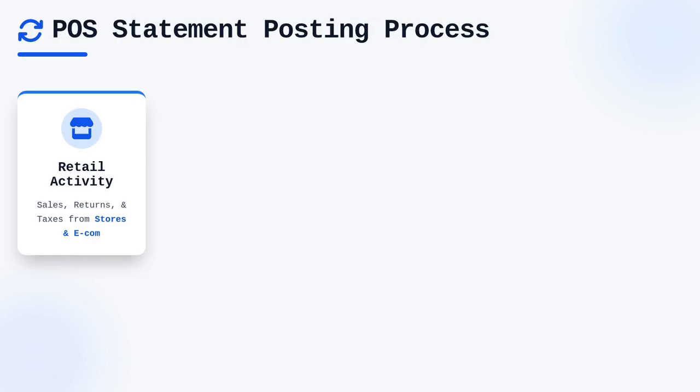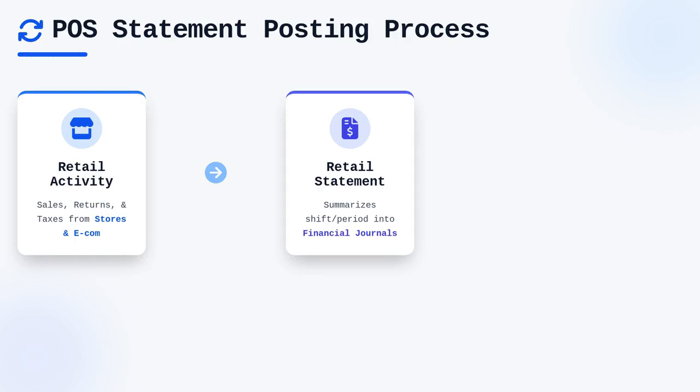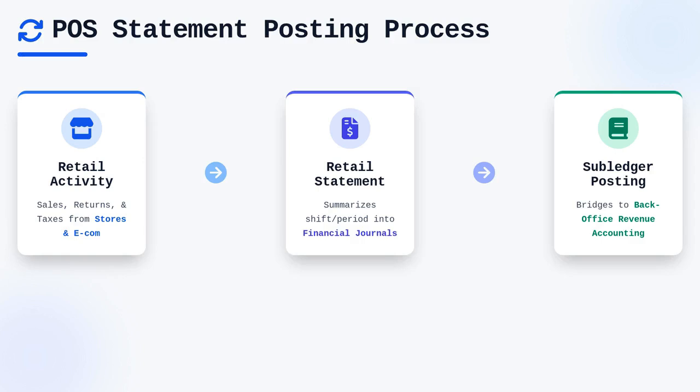The heart of this integration lies in the point-of-sale statement posting process, which translates retail activities into actionable financial journals. When a store or an e-commerce channel closes a shift or a period, the system creates a retail statement that summarizes all the sales, returns, and taxes incurred during that time frame. These statements are then posted to the subledger, which effectively bridges the gap between front office sales activity and back